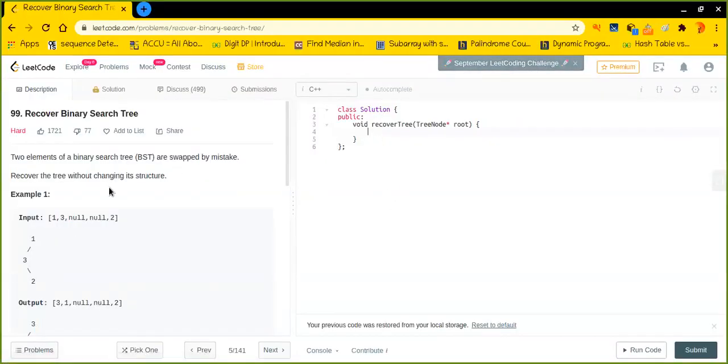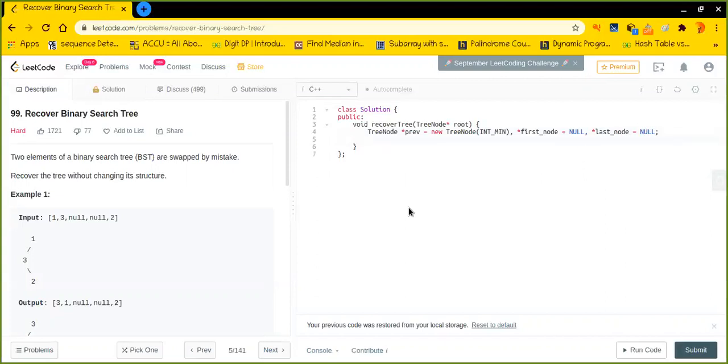Hey friends, in this question, we will now declare 3 pointers. One is the previous node, which will be negative infinity, or we can simply create a new node with the value of INT_MIN in C++. Similarly, we can define, let's say, the first node, and let's initialize it with a null node, and we can call it the last node, and let's initialize it with a null node as well.